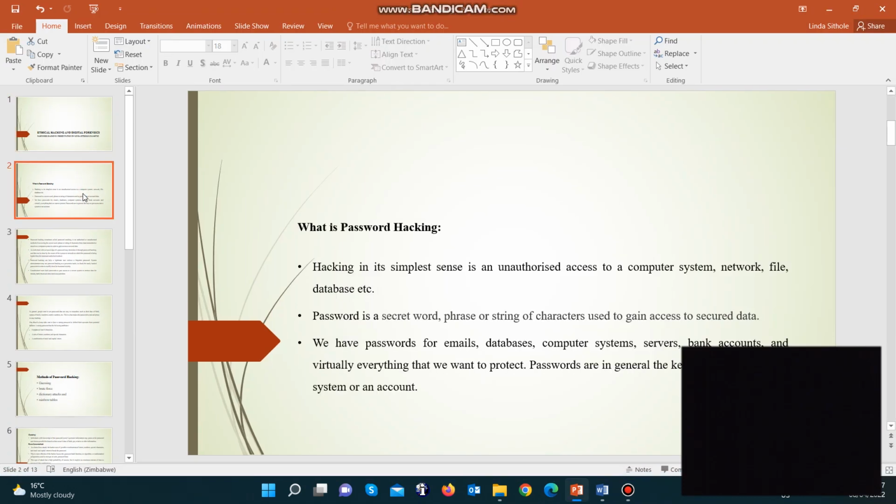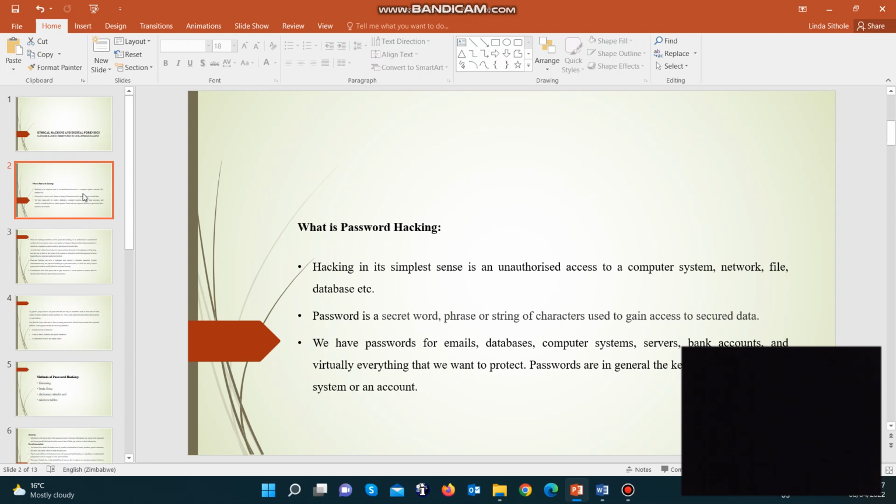The phrase password hacking consists of two words, password and hacking. I'll explain password hacking first. In its simplest sense, hacking is unauthorized access to a computer system or a network or a file or a database. And a password is a secret word or phrase or string of characters used to gain access to